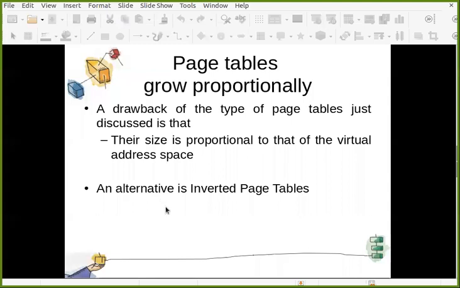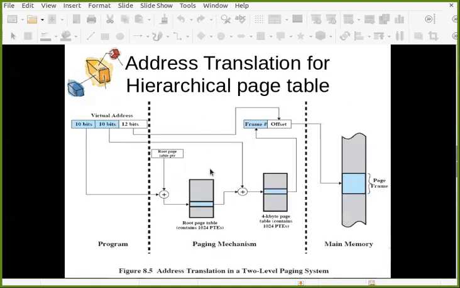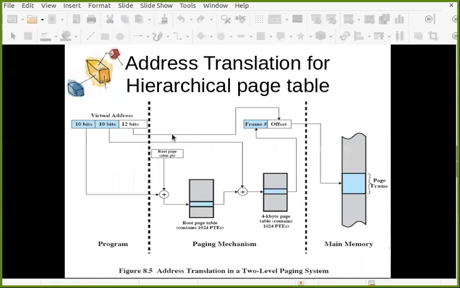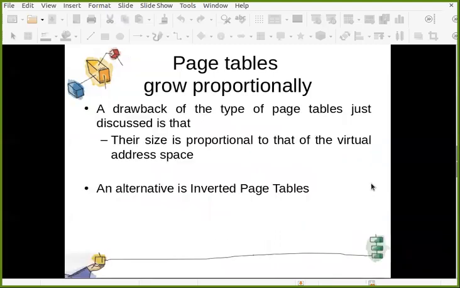So what is the alternative to this problem? Because if your page table size is going to increase, you may need to increase the levels also. It may not be completed with only 2 levels. You may need to do it with 3 levels or 4 levels. But when you have multiple levels, then definitely it is going to take more time to convert a logical address into a physical address. With 3 or 4 levels rather than 2, of course it will take more time. So as your page table size increases, this problem will be there, right? So how can this problem be solved?